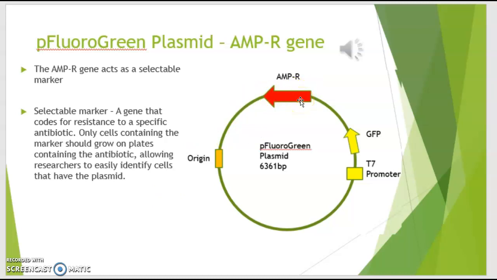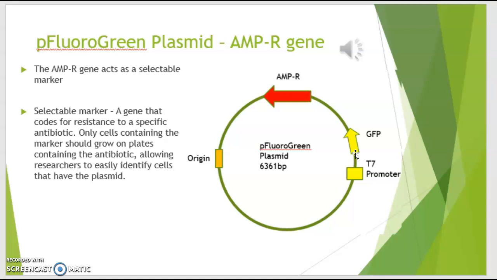And so what that means is, if you have a plate of LB agar, which LB is literally a broth, it's just bacteria food, and you had some bacteria that took in this plasmid, and you had some bacteria that did not take in the plasmid. It does not matter on a regular LB agar bacteria food plate whether or not it has a plasmid. All the bacteria will grow on it. So you should have a mixture of some bacteria that has a plasmid and that will glow because it has a gene, and some bacteria that do not have the plasmid and will not glow,